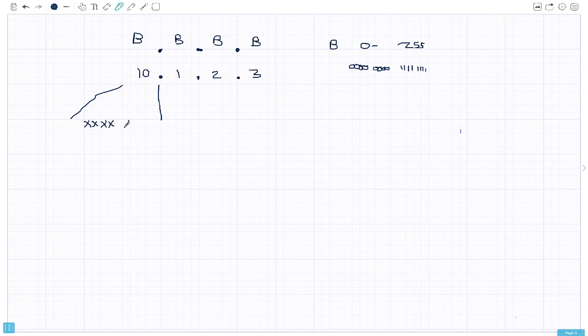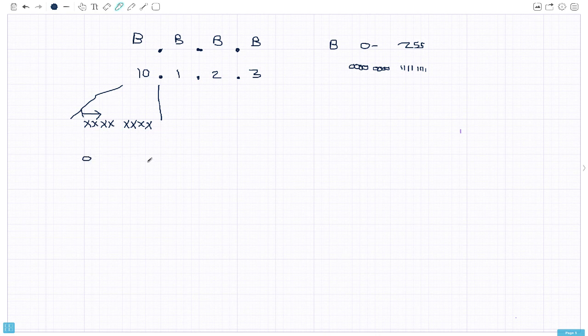I'll draw a little space in the middle to group them together in nibbles, as I mentioned, because it's easier to work with. If this leftmost bit, moving from the left towards the right, is a 0,